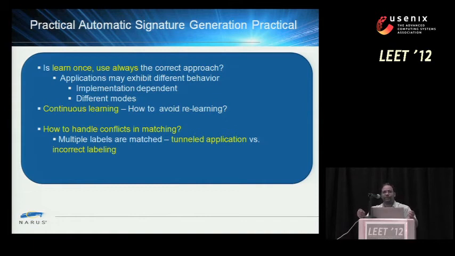Another interesting problem that we have to look at is how do we handle conflicts? For example, if a DPI system which handles tunneled applications returns two app labels, how do we know that it is one application tunneled inside another application? For example, if a DPI system returns BitTorrent and HTTP labels, it may be that it is BitTorrent carried inside HTTP, or it may be that the DPI has misclassified HTTP traffic as BitTorrent. So that is another interesting problem.